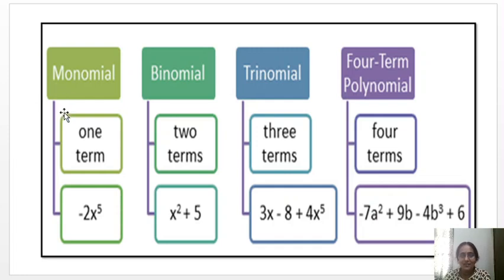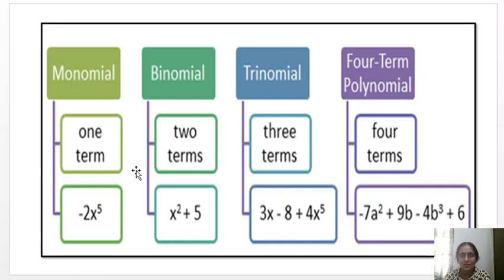You know already, when the expression consists of one term, it is named a monomial. When the expression consists of two terms, it is named a binomial. When the expression consists of three terms, it is named a trinomial. We will simply call it a polynomial when the expression consists of more than three terms. But generally, we will name the expression a polynomial when the expression consists of one or more terms.